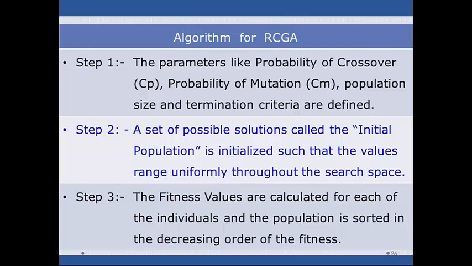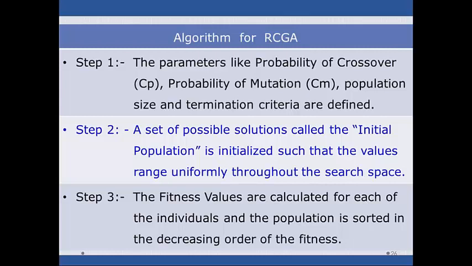Now suppose this is your optimum answer. To reach this optimum answer using the genetic algorithm, initially we have to produce an initial population. Means using some coding, we will have to generate some initial population. Let us say the generated initial population may be 1, 2, 3, 4; 2, 3, 4, 1; 2, 1, 3, 4. These are the sample initial population.